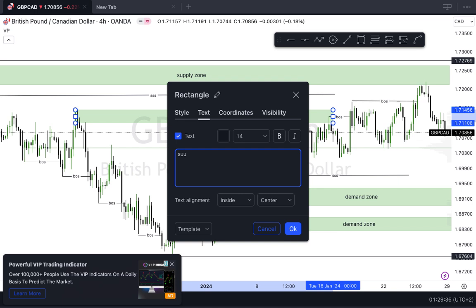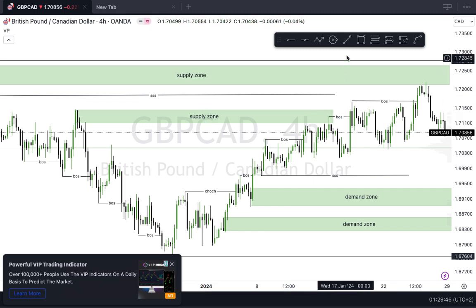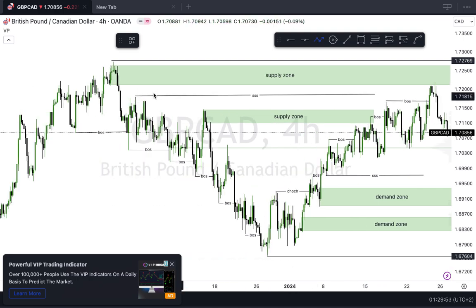You see that supply zone, it was tested, the market respected that supply zone, but because there was a lot of liquidity resting above it. You see this area, sorry, let me show you the area. You see this area here, this area here,